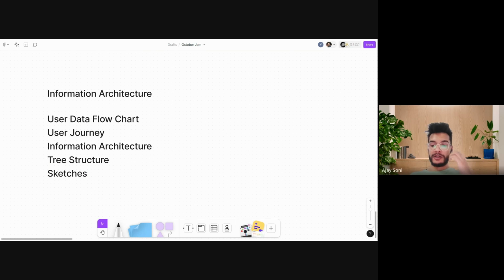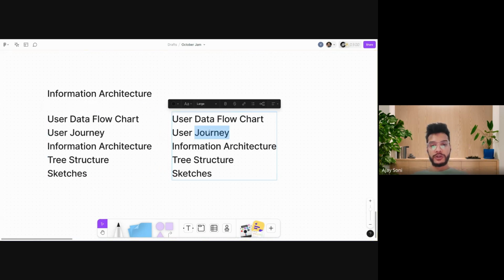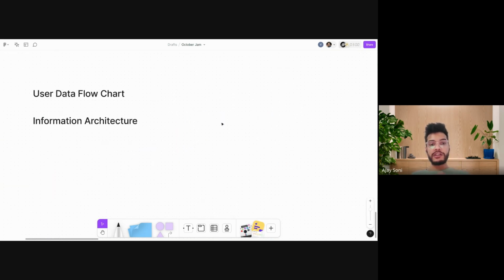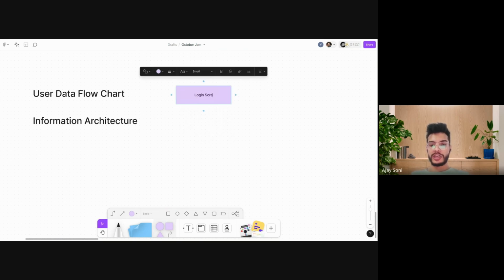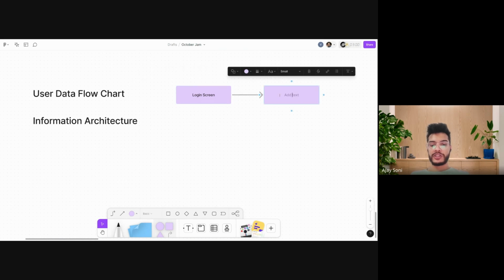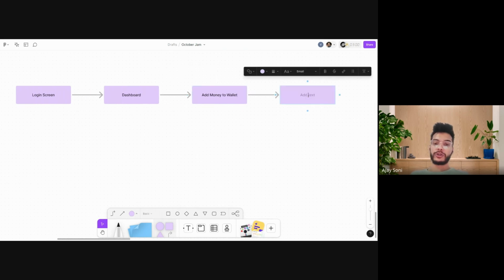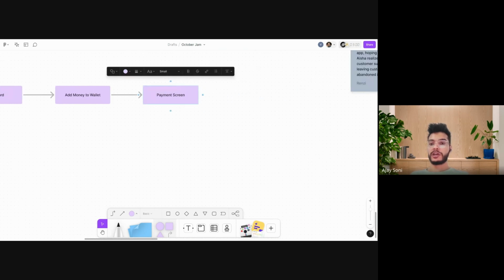Basically, whenever we work on any project, we use two types of charts or methods: the user data flow chart and the information architecture. The user data flow chart looks something like this. Let's say this is the login screen. After this I go to my dashboard, and after this I go to add money to wallet. This is my screen. After this I do add money, then the payment screen, and after this,